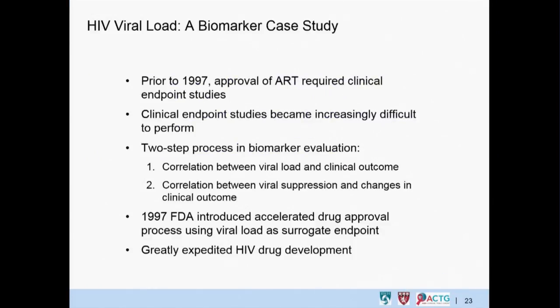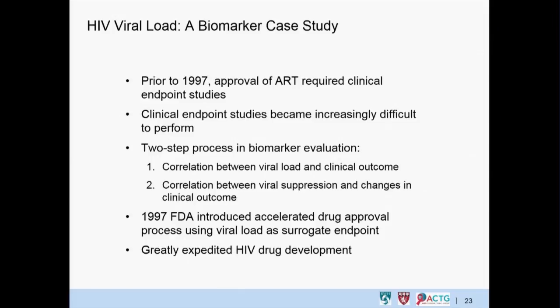Just to give you an idea of why biomarkers are important in research, and not just in research, but in clinical care, I wanted to talk about HIV viral load. HIV viral load, we are all familiar with, is what we use to measure how effective our therapies are for our patients. But before 1997, HIV viral load wasn't available, really. And in order to determine whether or not a new HIV drug was active,